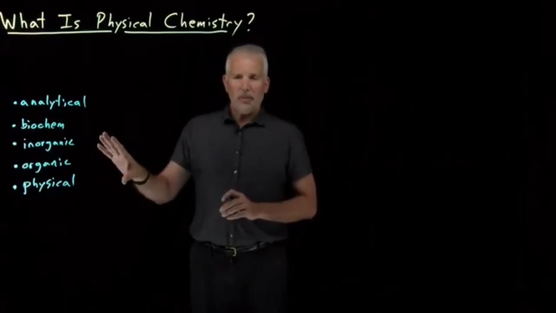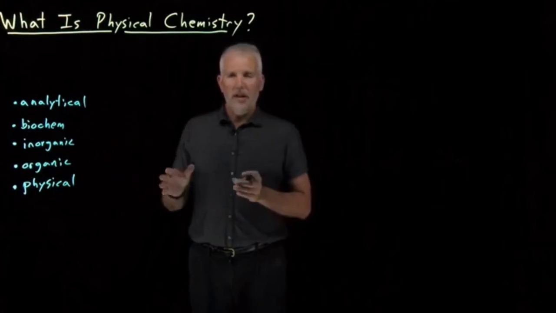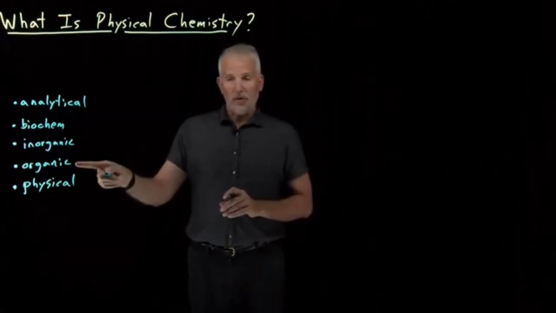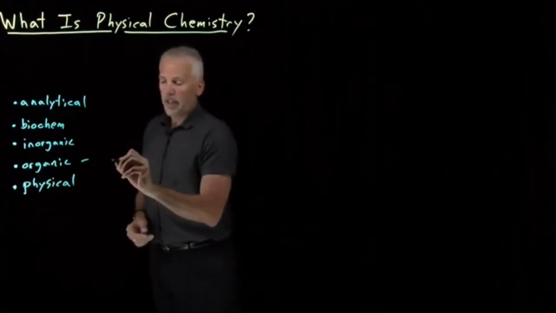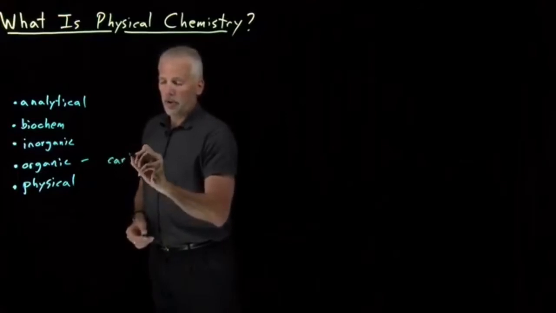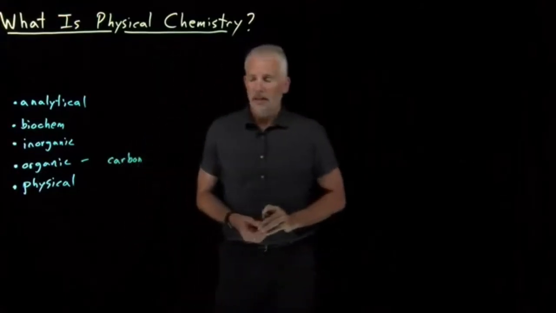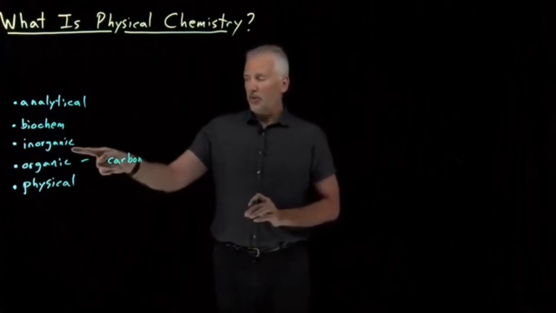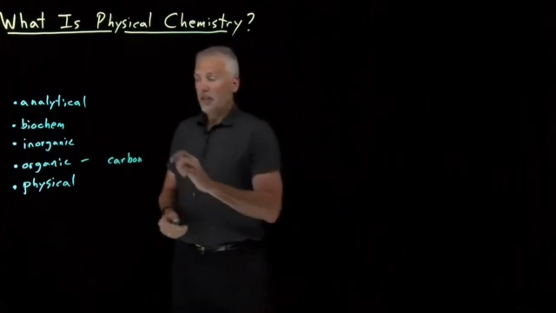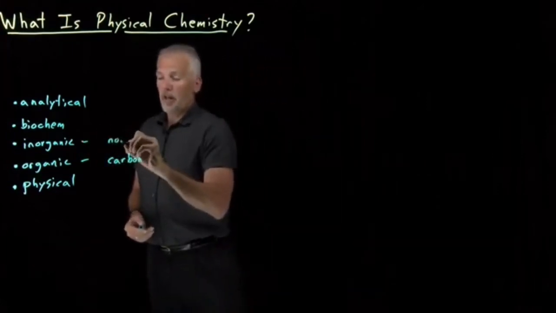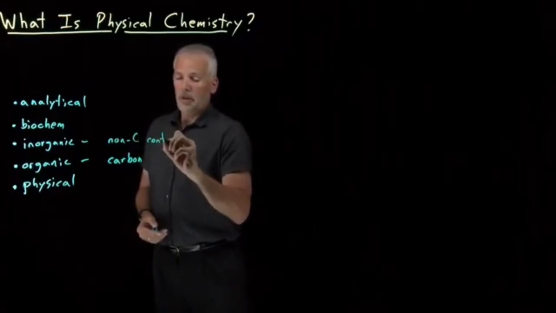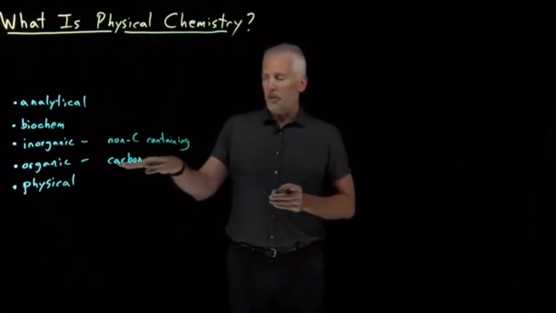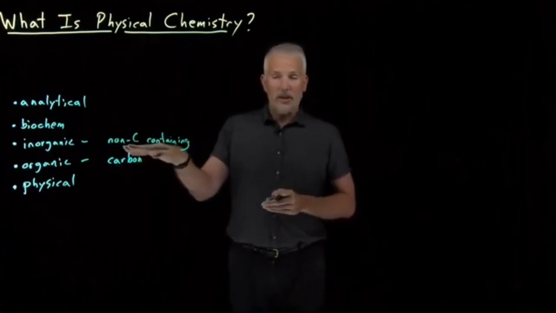Many of these you probably already have a reasonable understanding of what topics fall in these different areas of chemistry. Maybe you've had an organic chemistry course, or you know something about organic chemistry. Organic chemistry is everything to do with carbon, right? So carbon-containing molecules, the synthesis and properties of carbon-containing molecules, as opposed to inorganic chemistry, which is everything else, synthesis and properties of non-carbon-containing molecules. So that feels like it's already divided up all of chemistry into the carbon-containing stuff and the non-carbon-containing stuff,